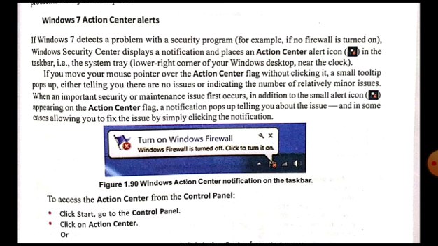In some cases, it allows us to fix the issue just by clicking the notification, and that issue will be resolved. Like here, in some Windows versions, when you click on this message, the Windows firewall will be automatically turned on. In some versions of Windows, when you click on this notification, you will be shown the Windows firewall settings page in the Control Panel, and there you can turn on your settings by simply clicking on a button or choosing an option. So in this way, you will be able to very easily resolve this issue just by clicking on this notification.